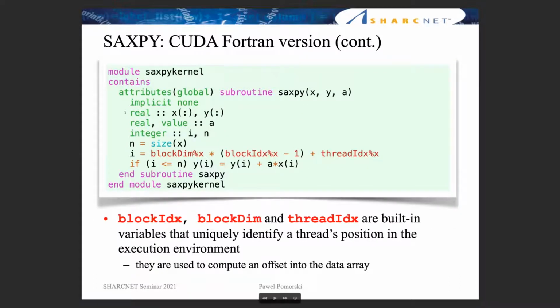The second difference which jumps out is that we no longer have a loop. Instead, we have these block IDX, block dim, and thread IDX. These are built-in variables which identify a thread. So what the GPU does when you call a kernel, so when you call this function,